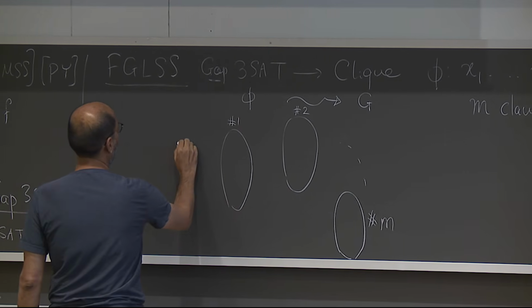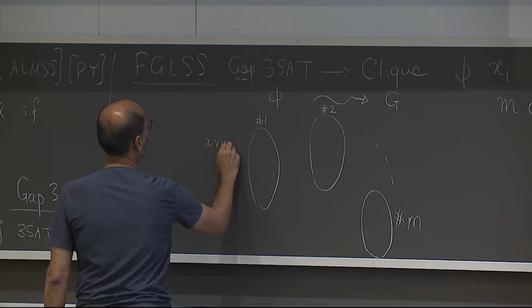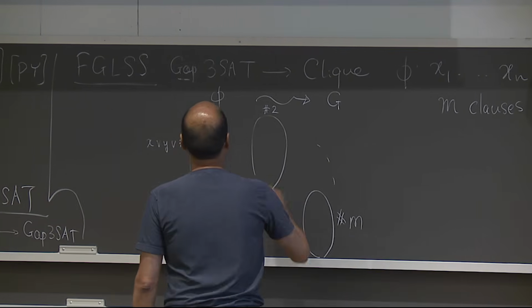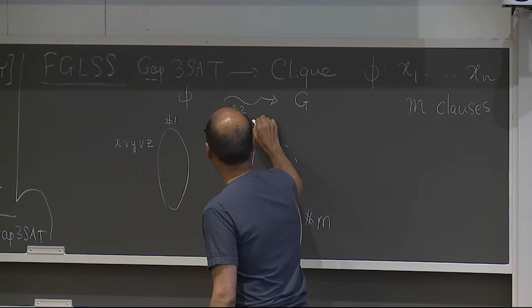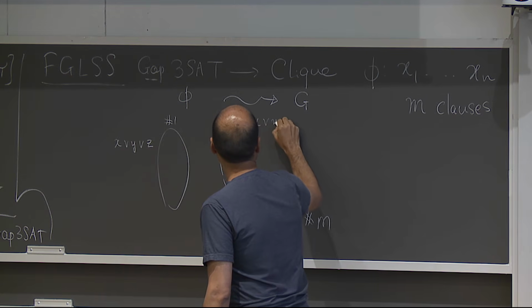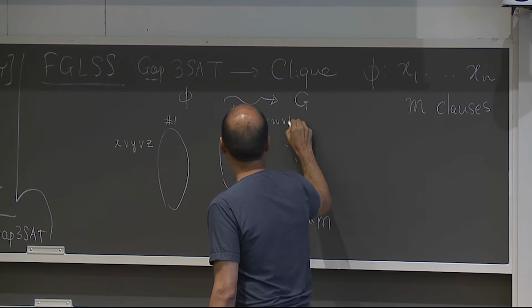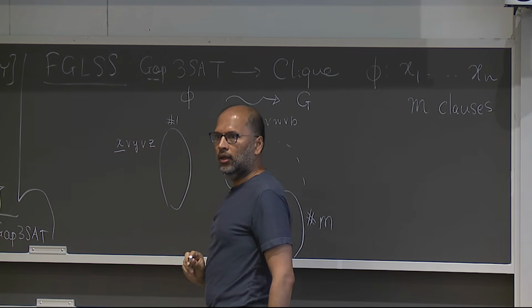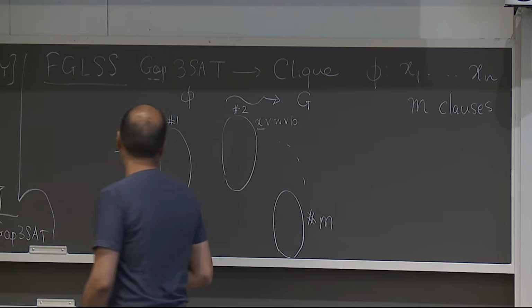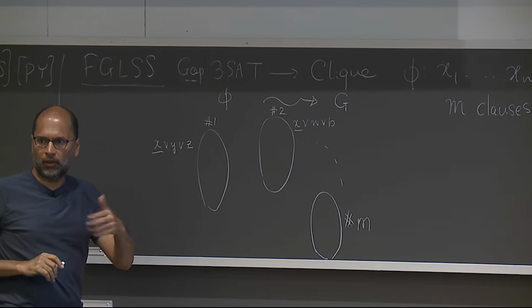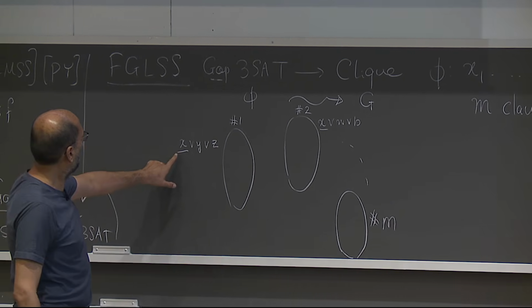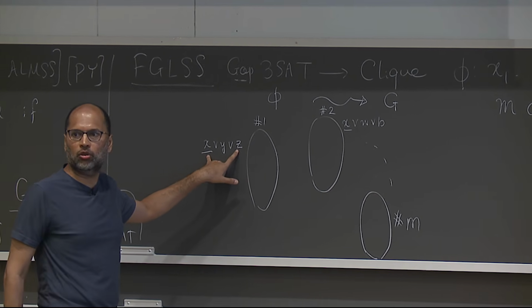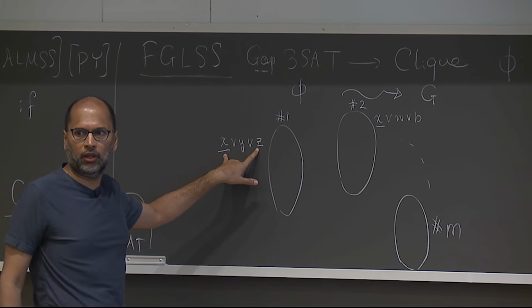So let's say this clause is x or y or z, or x1 through xn, it doesn't matter. And let's say this block is x or maybe w or b, something like this. The main point being that they share a variable called x, right? Now, in each block, of course, there could be negations on the variables, but let's drop that. You can take care of it. So each block has 7 vertices, which simply correspond to all satisfying assignments to the clause. There are 7 assignments, right, which are satisfying.